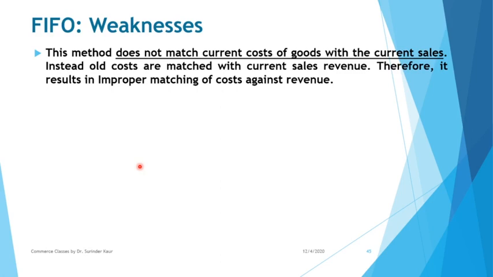But this has to be there. One of the two things, closing stock and cost of goods sold, one of the two will have to be at the old cost, another has to be at the current cost. So we'll have to measure the benefits and drawbacks of both, and accordingly we have to apply FIFO and LIFO. See, whatever weakness of FIFO is there, that will become the strength of LIFO, because therein the system works opposite. So we'll get to that later on anyway. So I hope this point is clear. It's not resulting in proper matching of cost. It results in improper matching, because you have current selling price but you have the cost which is old.